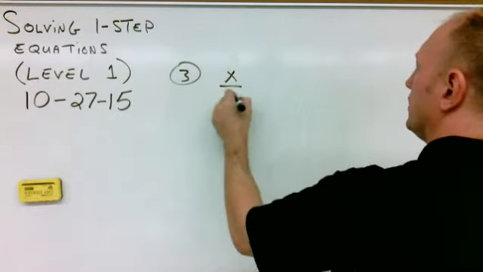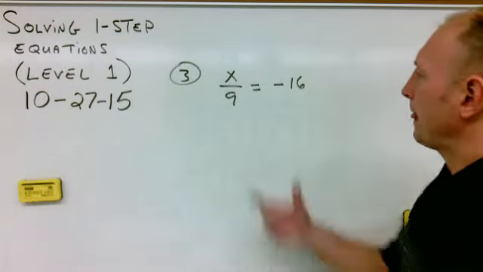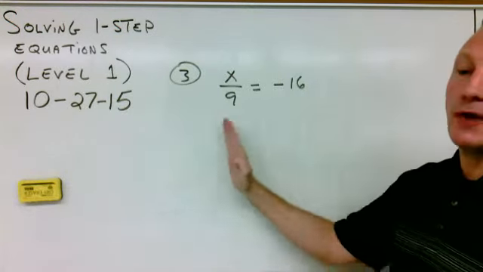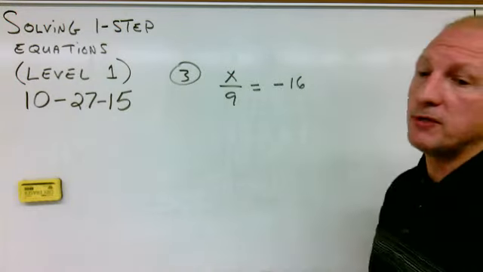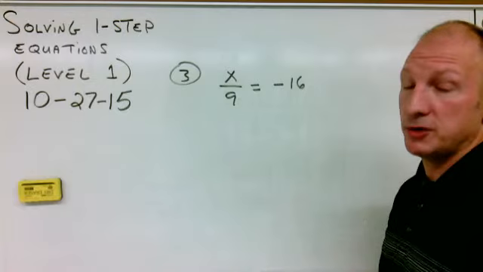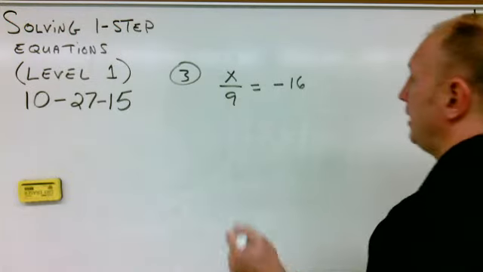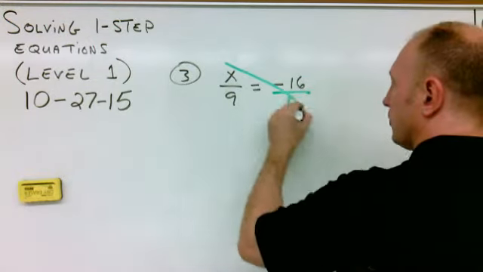x over 9 equals negative 16. I get to this point, and this is very close to being a proportion. A proportion is a fraction equal to a fraction. So to make it a proportion, and I can do this a bunch of different ways, but this is probably one of the easier ways to solve something that's close to being a proportion, I can just put this over 1 and then cross multiply. So if I cross multiply,